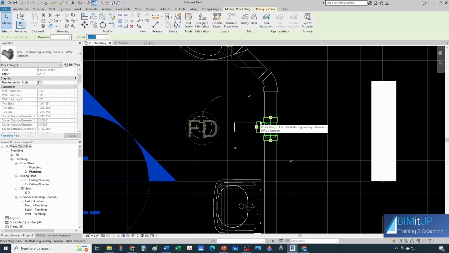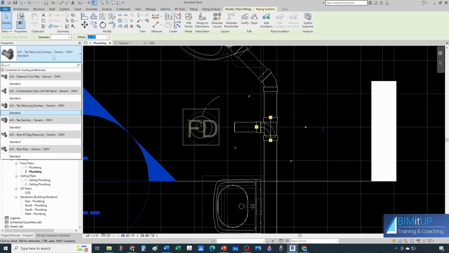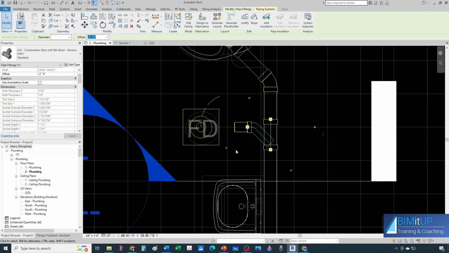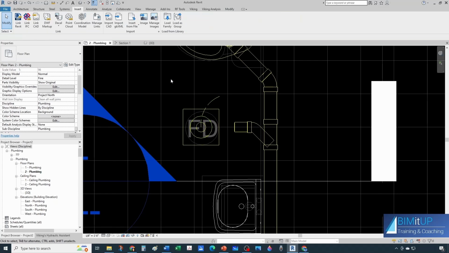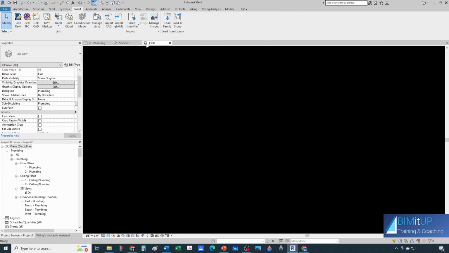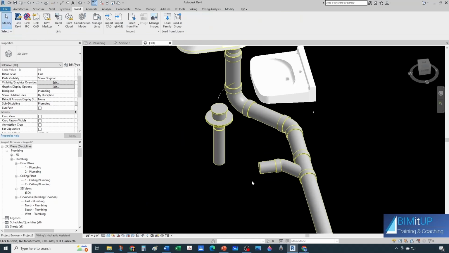But this fitting here, this is a standard reducing sanitary T, and that's not allowed in the horizontal plane. You want to change that by a combination Y and 1/8 bend, and now we're code compliant. Now we can go either to our 3D or to our section, and then just hit TR for trim from